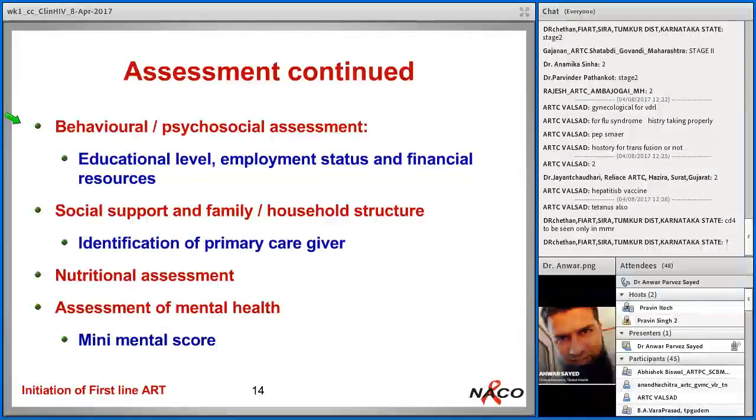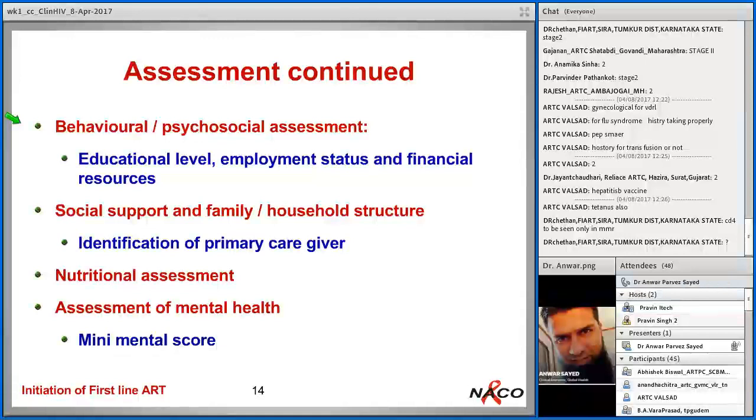Then treatment history becomes very important, especially history of ARVs. Sometimes they receive ARV but we don't record them in section 4 of the white card. So all this information is to be recorded in the white card, and if people don't know, please see your white card properly. After section 7, section 8 to 11, you will have space for all these things to be written in the white card itself. Section 7 of TB will have details about TB. Section 4 of the white card will have information regarding past history of antiretroviral drugs. This history is very crucial in terms of further line of treatment for such patients.